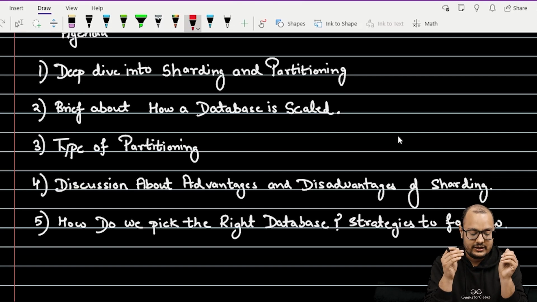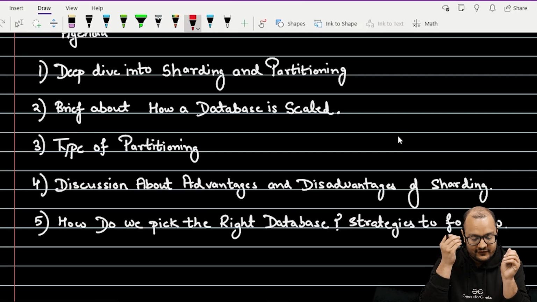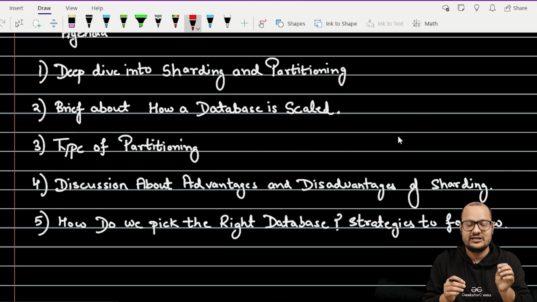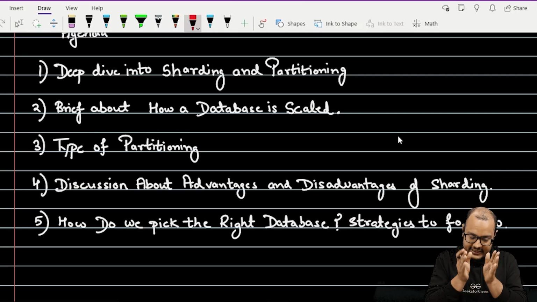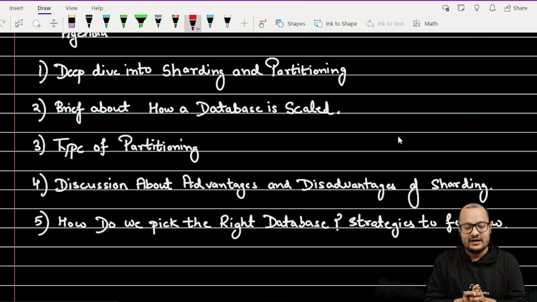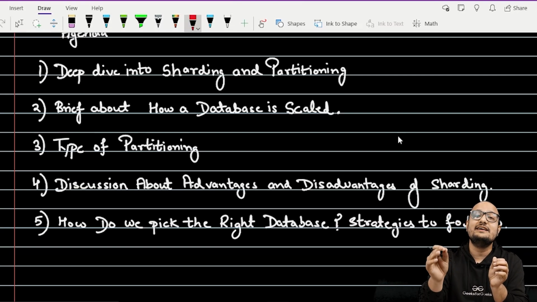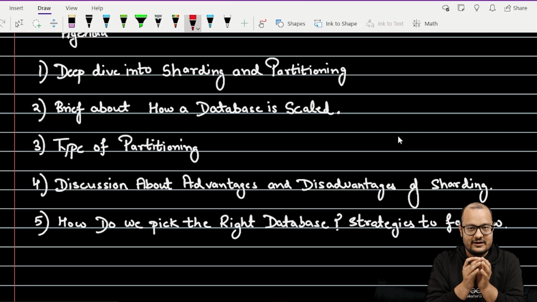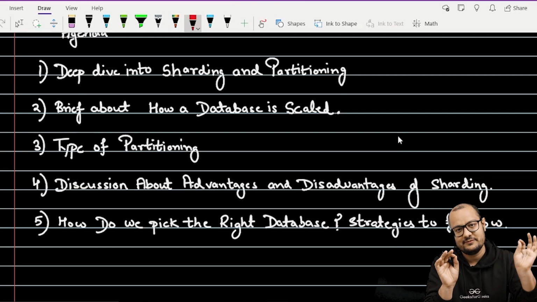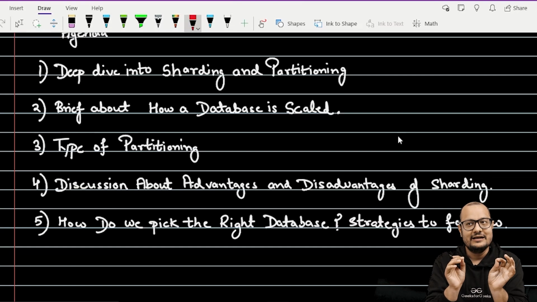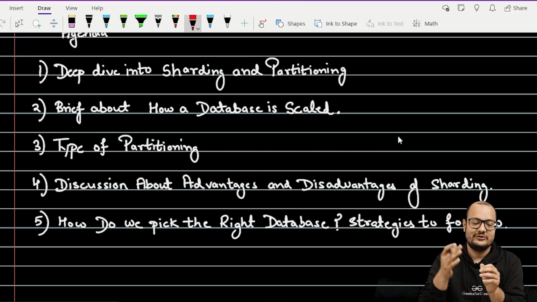To retain the difference between sharding and partitioning, think of it this way: partitioning is about data, sharding is about databases. That is the short summary to understand the difference.